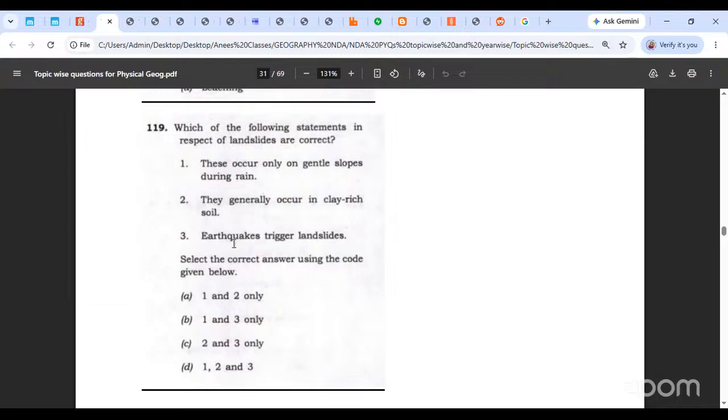Which of the following statements in respect of landslides are correct? These occur only on gentle slopes during rain. They generally occur in clay rich soil, and earthquakes trigger landslides. Earthquakes trigger landslides. You have no clue. Guess वैसे भी नहीं लेना है।